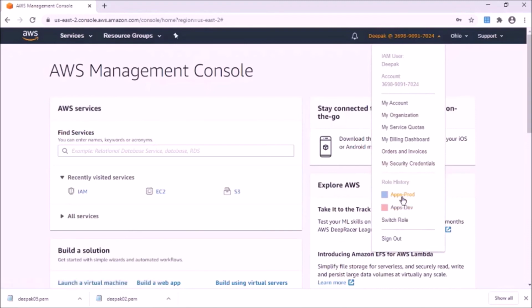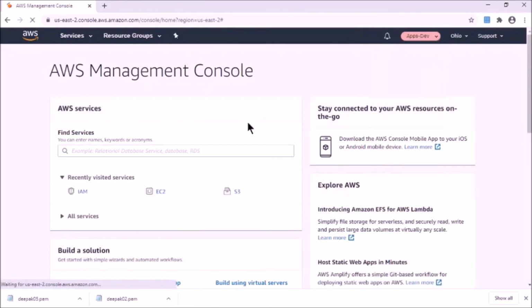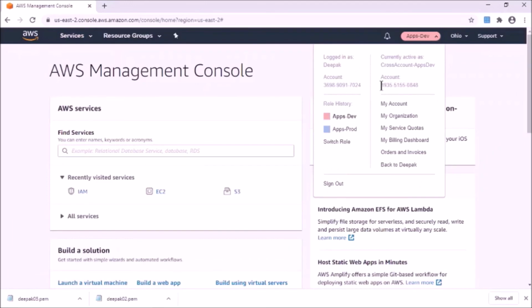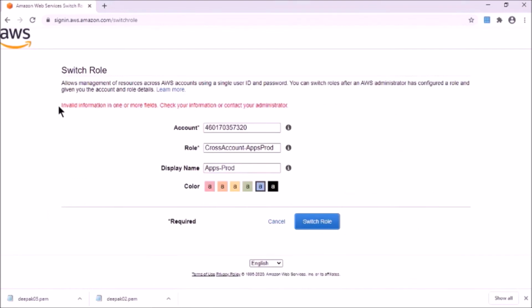And let's try to switch the role for apps dev. He is in the apps dev account now. You can see from here. And now let's try to switch the role for Deepak as apps prod. Here he should get the error. Right. Because we have restricted the access for apps prod only for Vipin. So now Deepak is not able to log into the apps prod account.